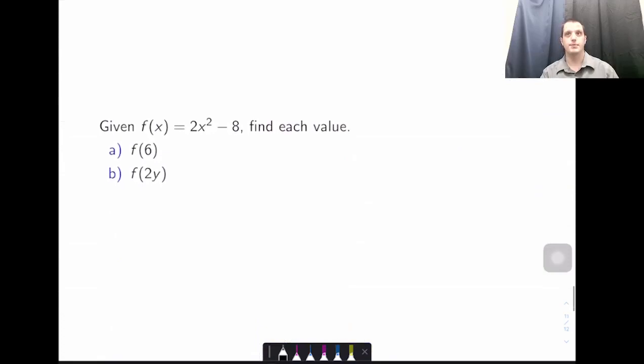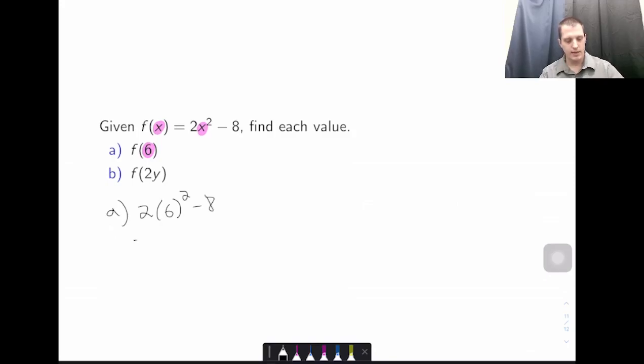All right, last example. Here we go. Given f of x is equal to 2x squared minus 8, find each value. So what's happening here is they're giving us a direction. The direction is saying take your x's, in this first case it would be a 6, and plug it into your x's here. So for a, I'm going to get 2 times 6 squared minus 8,